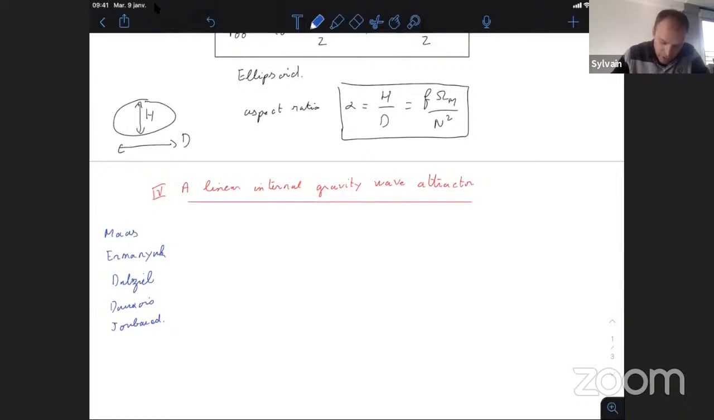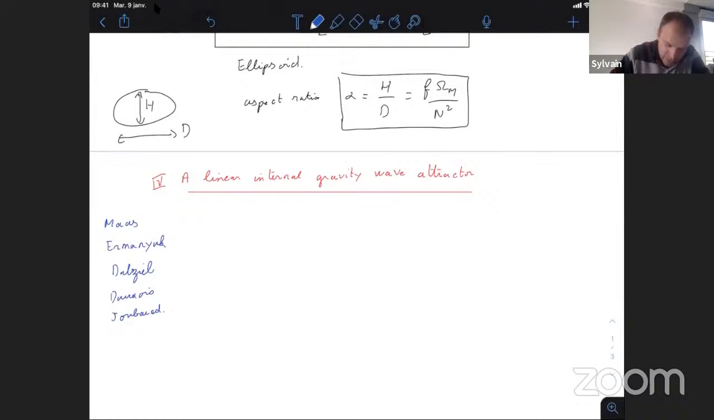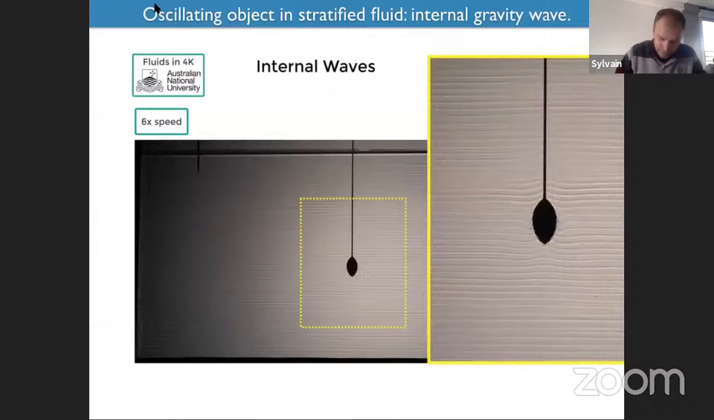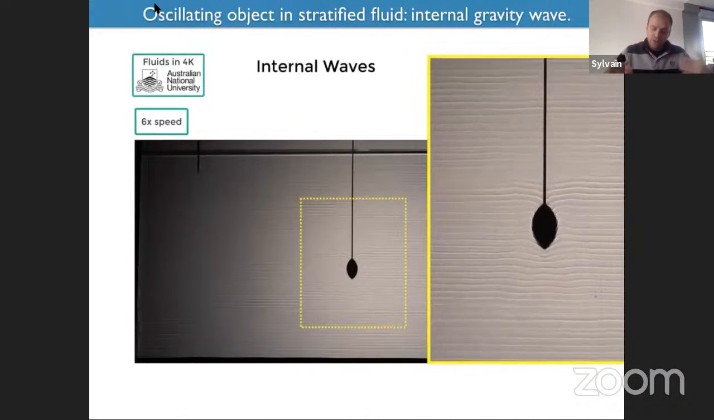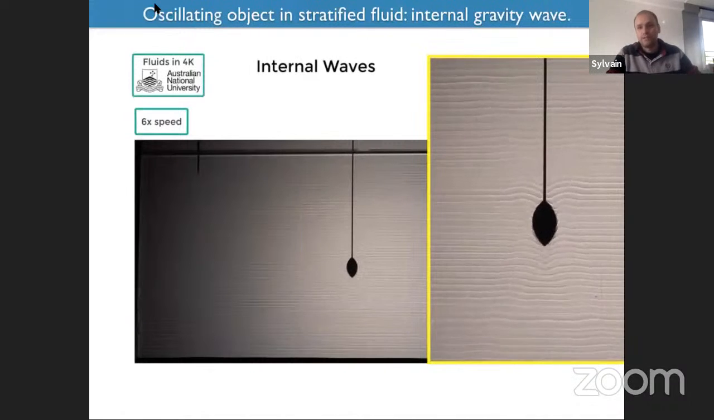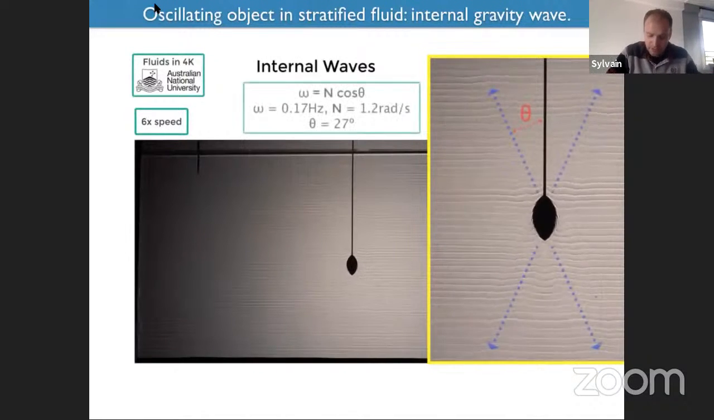So I will go step by step on linear internal wave attractors. I will just start with a short movie about an oscillating object. I think you have already seen this movie, or a similar movie, yesterday. It was the movie when we stratified the fluid with the double bucket method yesterday, and now